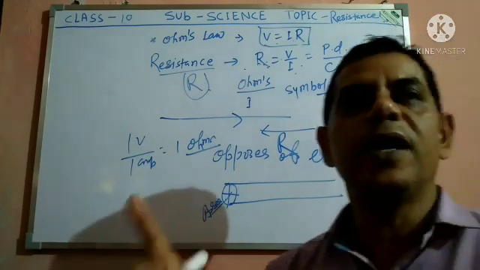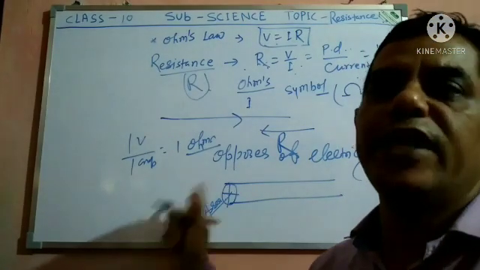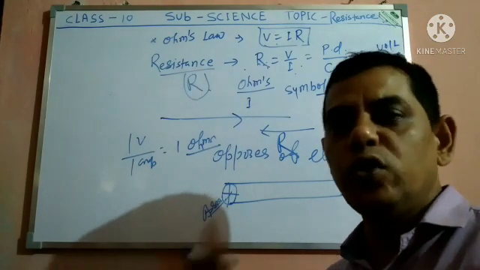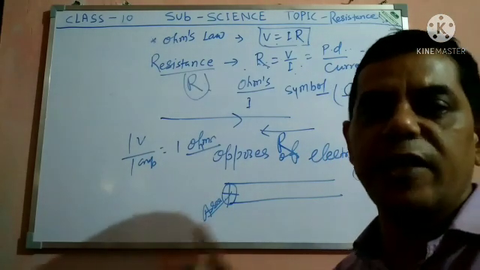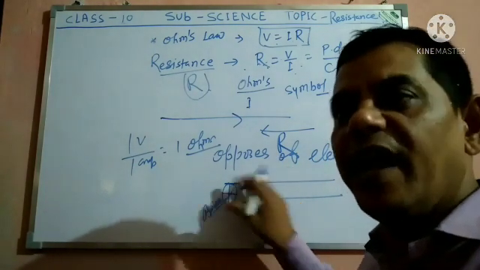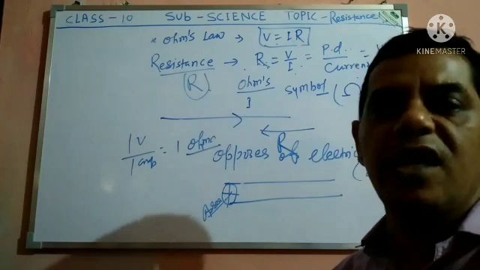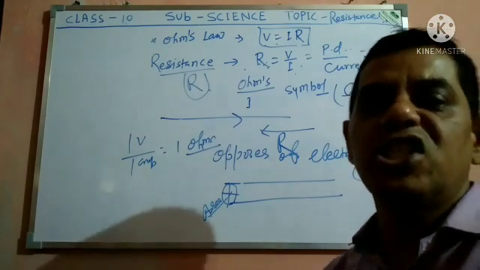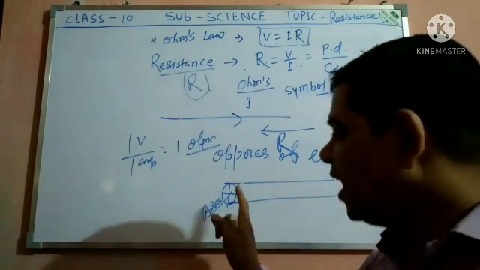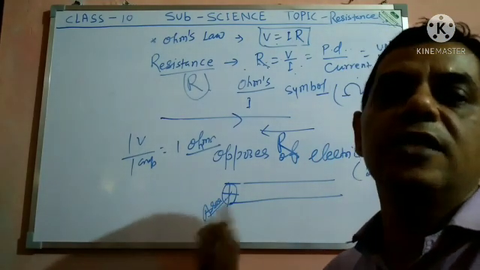Another thing is that it depends on temperature. Such types of load are given on that wire. When your wire thickness is less and you use heavy loads like a heater, a geyser or an air conditioner, then because the cross sectional area of the wire is very small, it melts, because more resistance is generated. So at that time the wire melts. Those factors are what we call resistance.